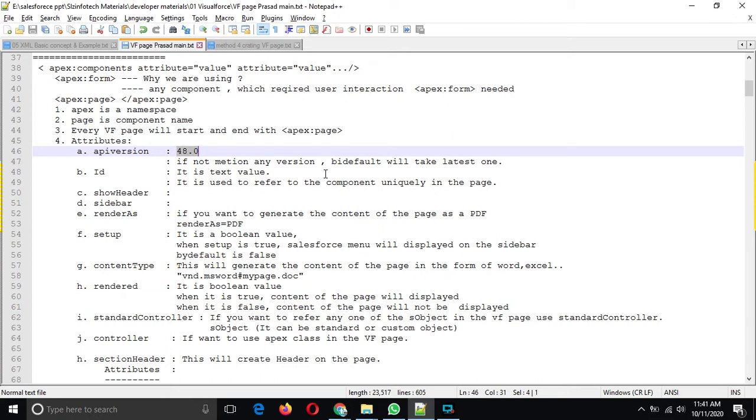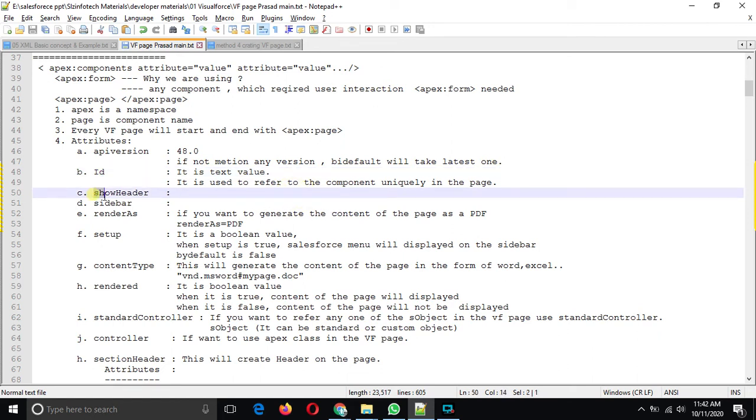Suppose I am taking a phone number input from the user. If you are putting an ID for rendering, then only the input received from the user will load, not the entire page. So that is the purpose of using the ID; we will discuss the ID in detail later.